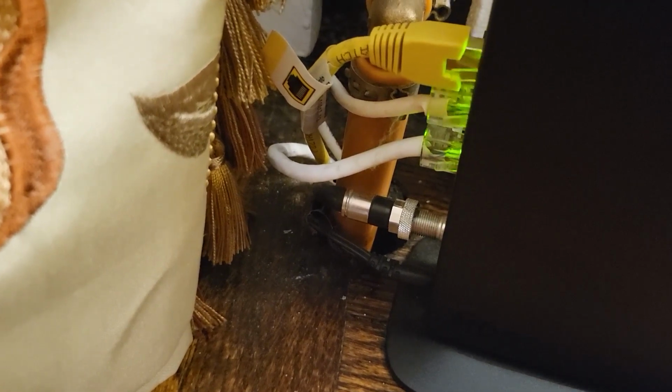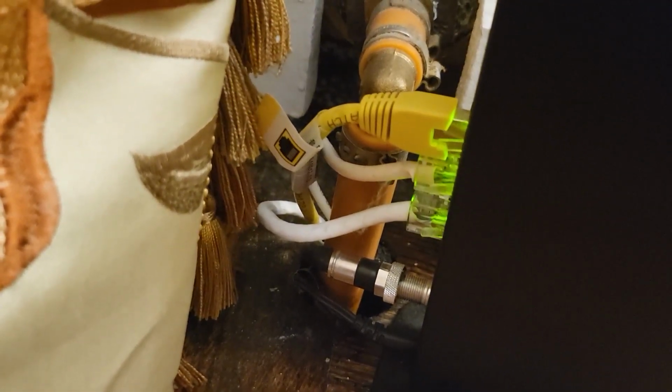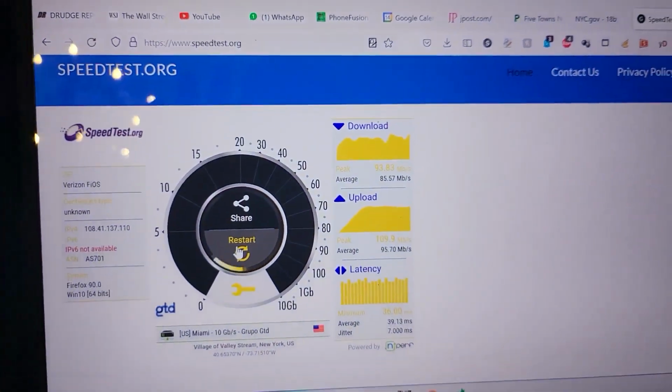So here's the router, and this router is connected to the outdoor box in this way. You see over there? The coaxial cable is coming in from that outside box, and then I have a few Ethernet cables going in to computers and whatnot, and to another router, which is set up just to mirror this one. It's a bridge, basically. Okay, so just to show you, to save a little bit of time, I did the test on speedtest.org here,